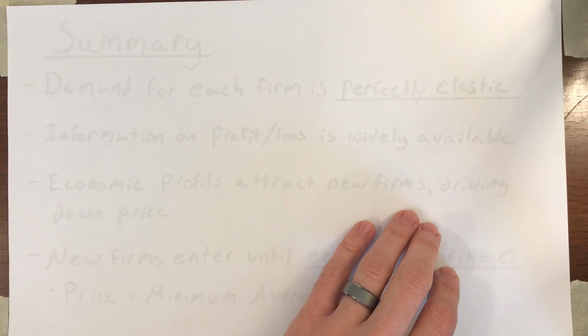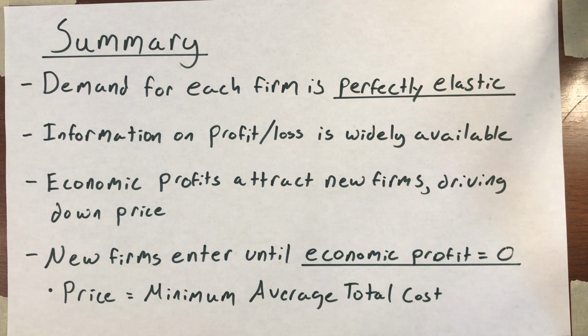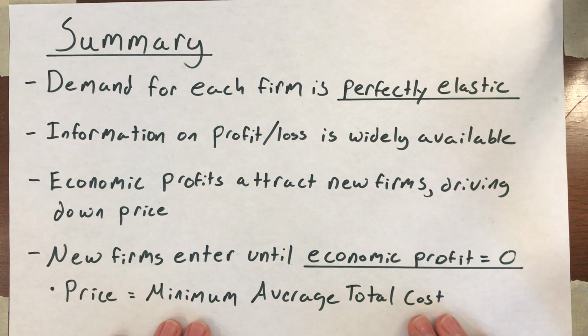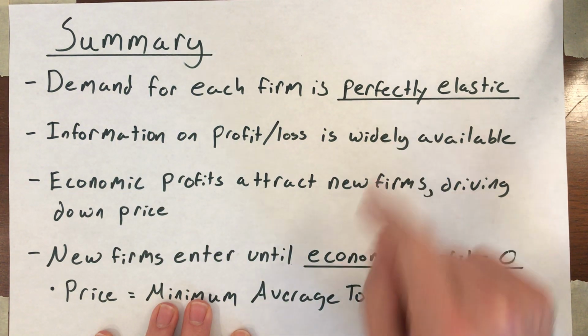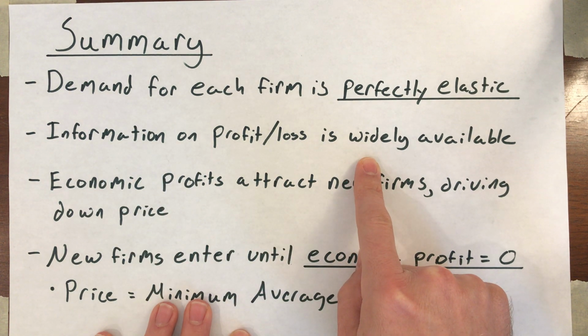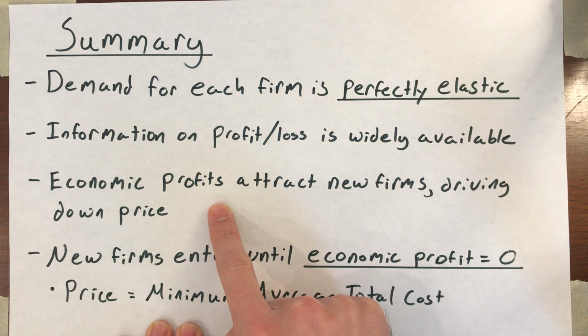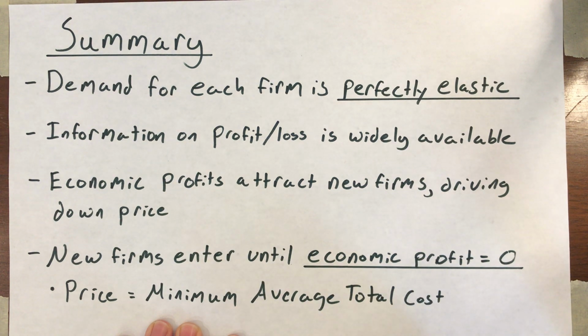So that brings us to just a quick summary of what's going on in a perfectly competitive market. Here's the important information. First of all, demand for each firm is perfectly elastic. They're price takers. Whatever the market price is, they treat that as their demand curve, and that's their marginal revenue. There's widely available information on profits and losses in this market, and whenever there are profits, that's going to attract new firms, which drives the price down. And that process of new firms entering is only going to stop once